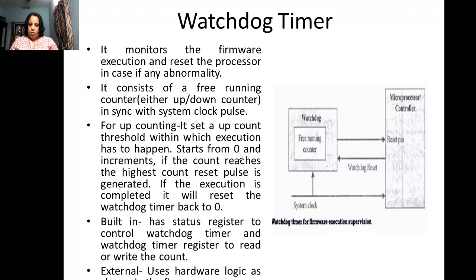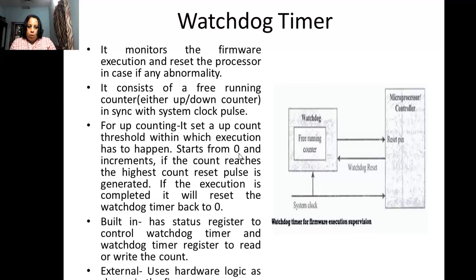So this is all about what we were going to learn today. Today we have seen 5 different components: reset circuit, brownout protection circuit, oscillator, real-time clock, and watchdog timer. As I said, this can be asked as a separate single question. Watchdog timer and brownout circuit is a very popular question. So this is very important, although reset and oscillator circuits are also asked in some question papers, but you can consider the brownout protection circuit and watchdog as the important ones.